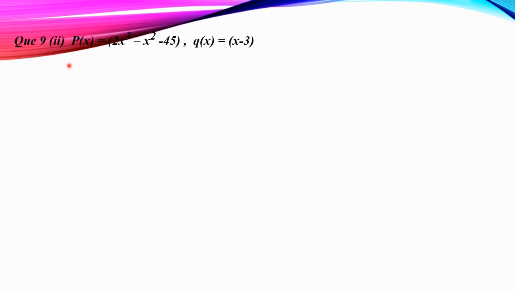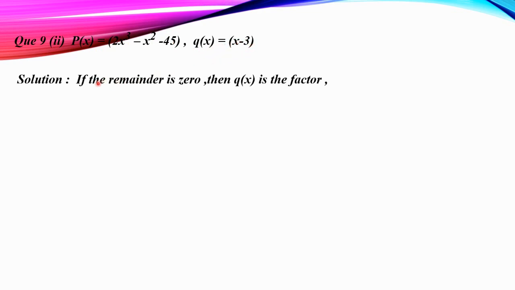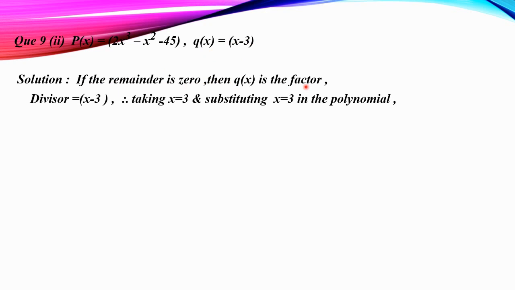Next question number 9, second one. P(x) is equal to 2x cube minus x square minus 45 and Q(x) is equal to x minus 3. If the remainder is 0, then Q(x) is the factor of P(x). So divisor is x minus 3. Therefore taking the opposite of minus 3, it will be x is equal to 3 and substituting x equal to 3 in the given polynomial, we get P(x)